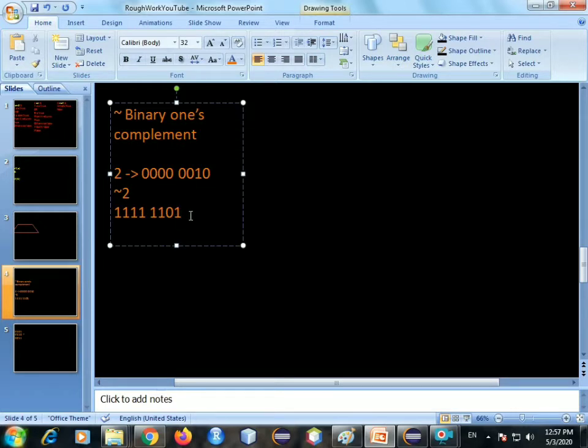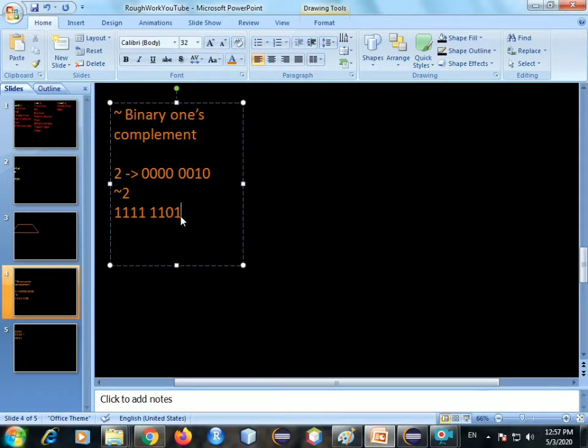So there is a basic trend that is followed, most probably, I guess. Let's just check it out. Whatever number you apply one's complement to, you get the next number, but only the negative of it. If you do 2, you will get -3. So 2 gives you -3, 5 gives you -6. I guess that is how it works. Let's just try it out. And we are done with binary one's complement.